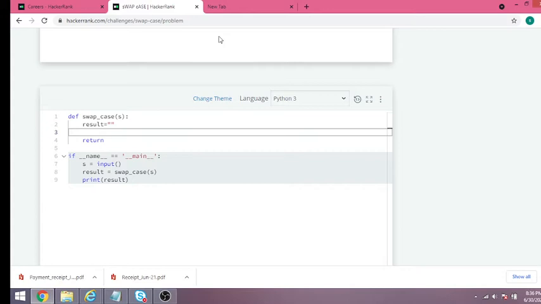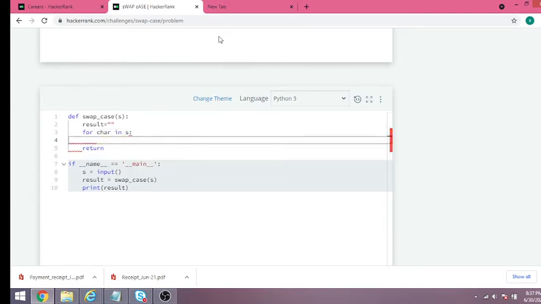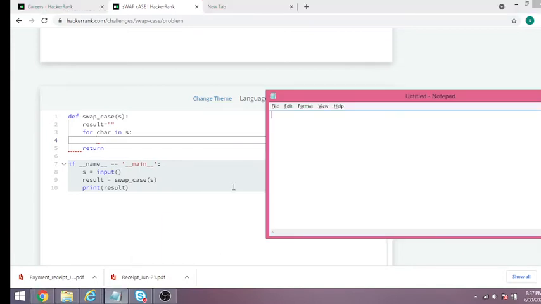After that, we will get the string and, by using a for loop, separate its characters. For that, using a for loop, for char in s, we will get each character one by one. And here I will be using two functions, upper and lower.